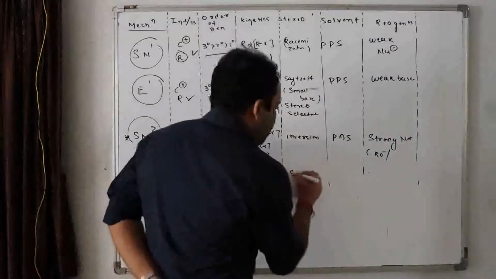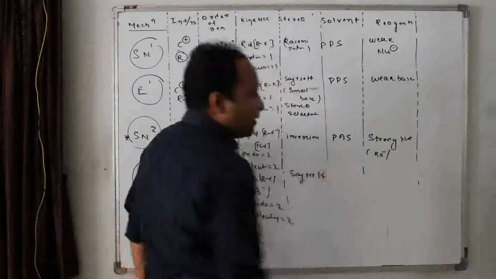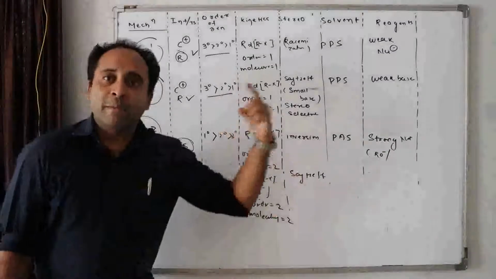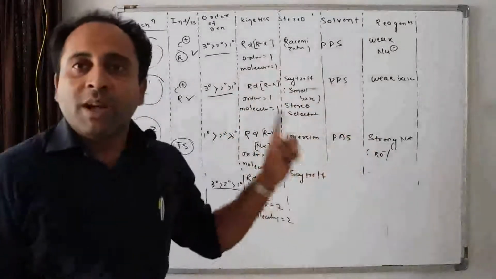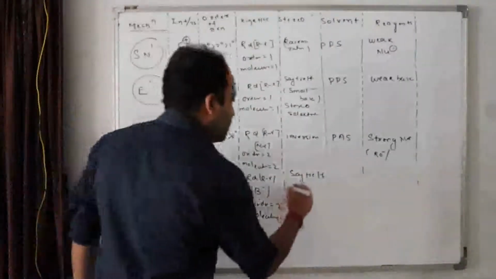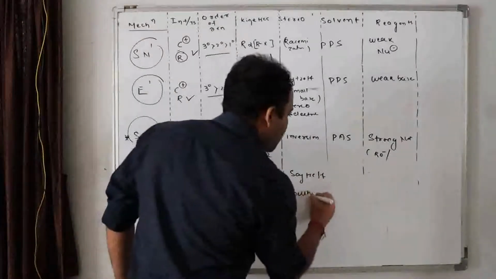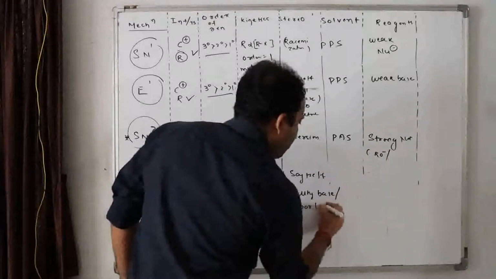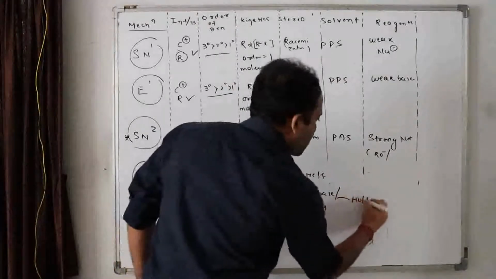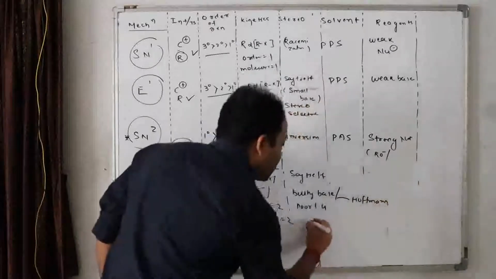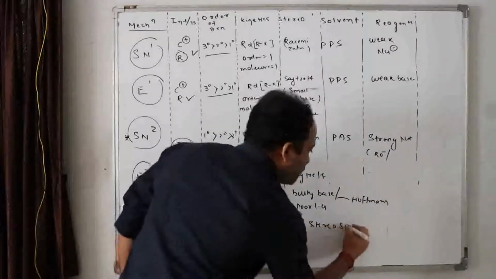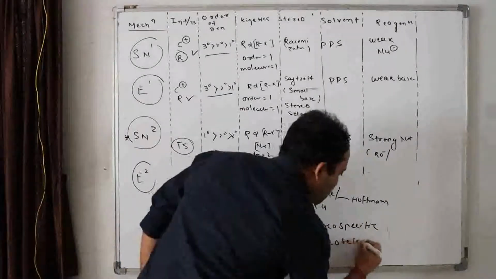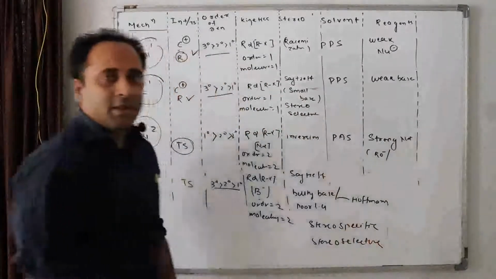Now, what is the stereochemistry? Here Saytzeff is formed, and I just said about this analysis. Saytzeff is formed, Hofmann is also formed, but if the base is bulky or the leaving group is poor, then Hofmann is dominating. I can write here, a bulky base or poor leaving group favors Hofmann, and this is stereospecific and also stereoselective. We saw the examples. Okay.